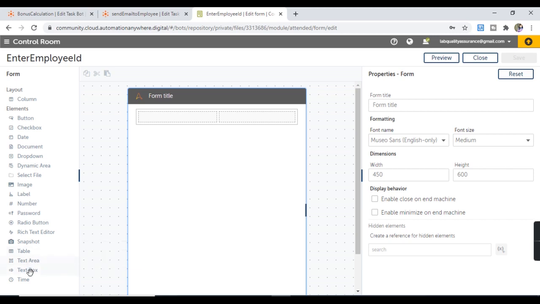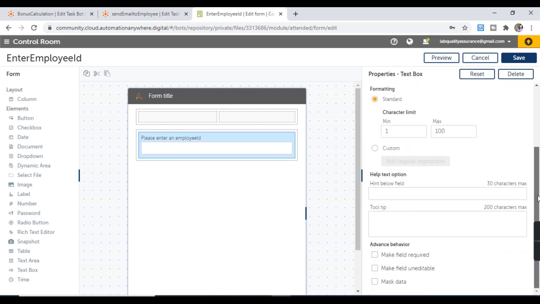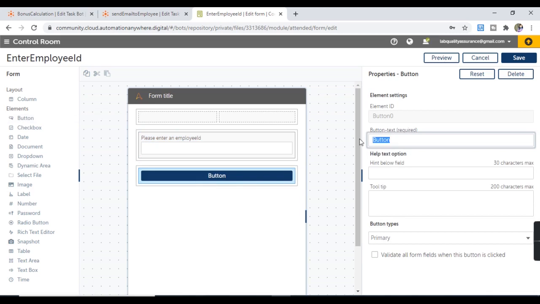Here I'm going to use this text box, and here I'm going to provide the label as please enter an employee ID. So this one will be the element label, and I will mark this field as required. And also at the end I'm going to add a button. So let me add a button from here, and I'm going to provide the button name as submit button. So the user will provide the employee ID and click on the submit button. So all done for this form. Let's hit save,